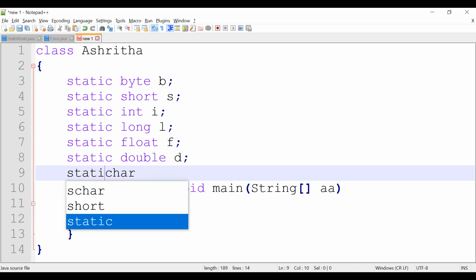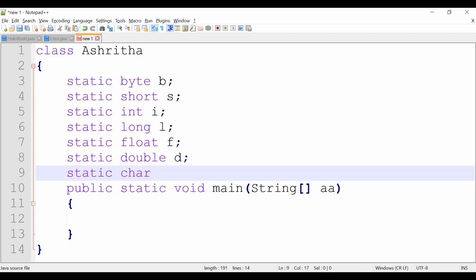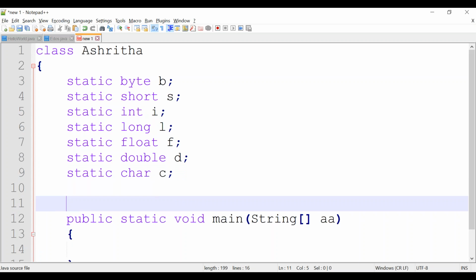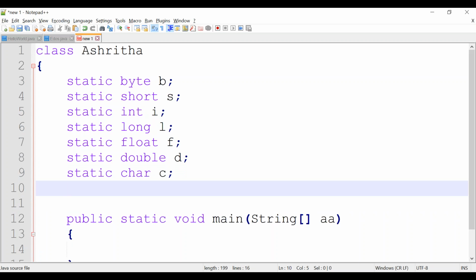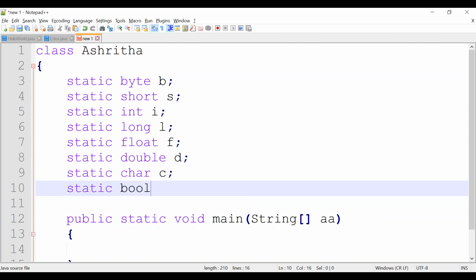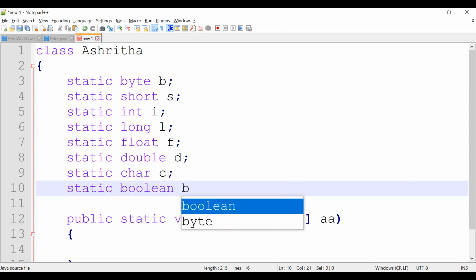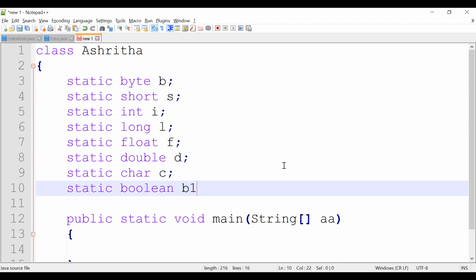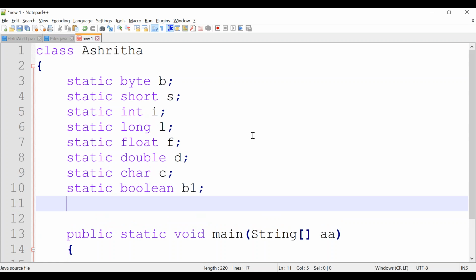You need to declare it with the static keyword or else you will get issues. Character C. The last data type is boolean. We need not declare b again because we already gave the name b for byte. We can declare it with some other name, b1.